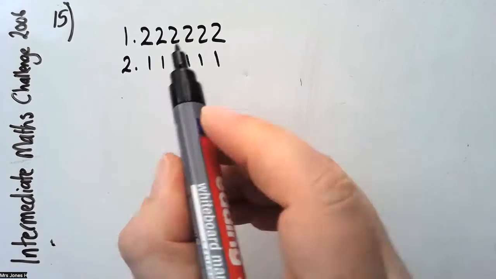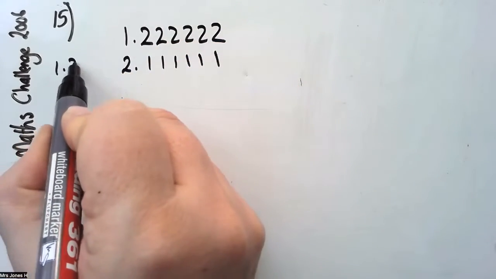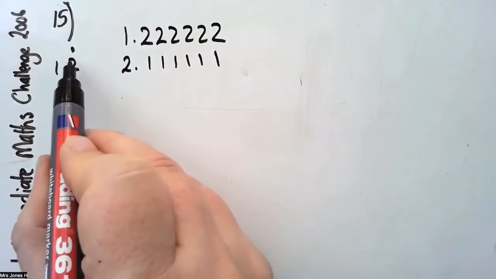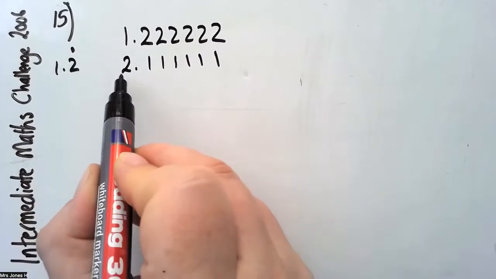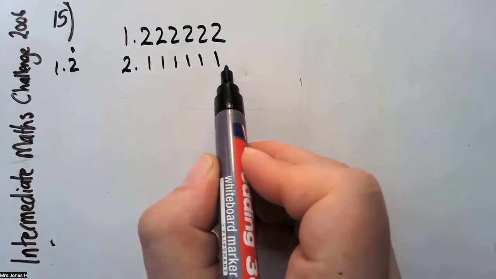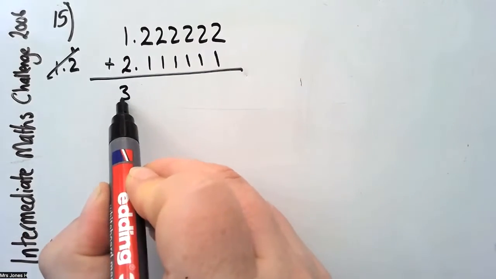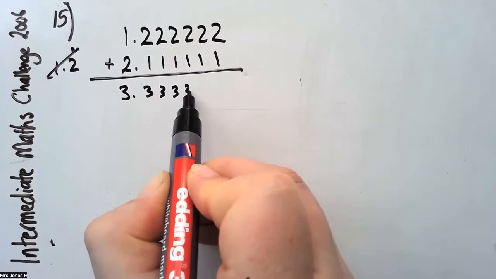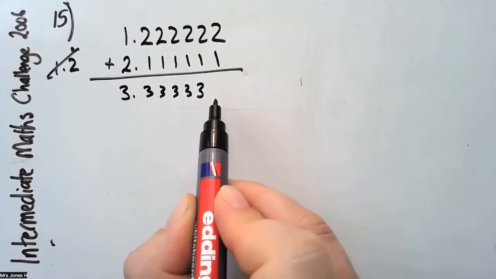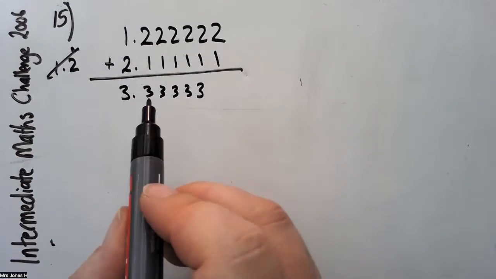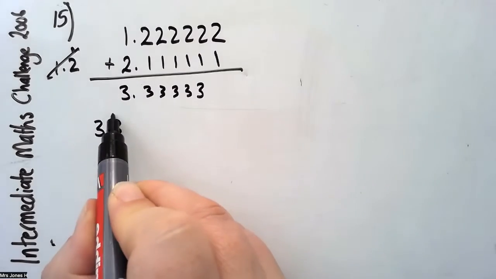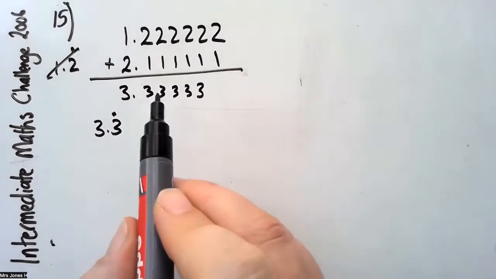The recurring bit means if we've got 1.2 recurring, that 2 goes on forever. 2.1 recurring, this 1 goes on forever. So we're going to add those two together. So we actually have a recurring number here. We are looking at 3.3 recurring, but that's not what we need right now because we need to find the